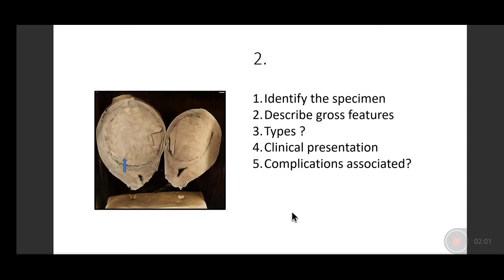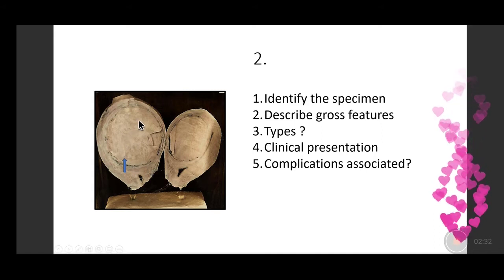Coming to the second gross specimen. Now in this, in the lower half, you can see this blackish area. This is the endometrial cavity. So this is a formalin fixed bed mount specimen of uterus. Okay, you do not have the attached cervix in this, and in this you can see that this black one is the endometrium, and the rest of the entire specimen is composed of the myometrium, and inside the myometrium you have an intramural fibroid.